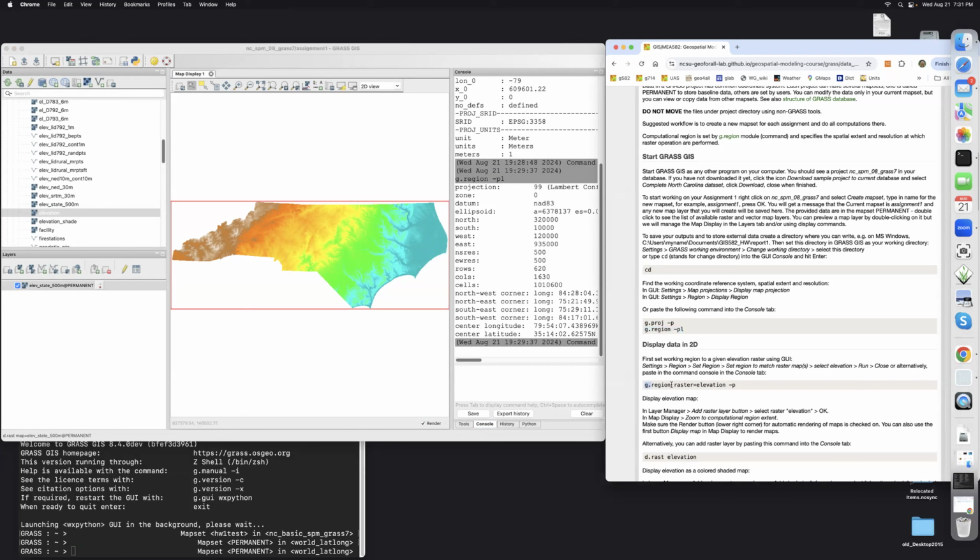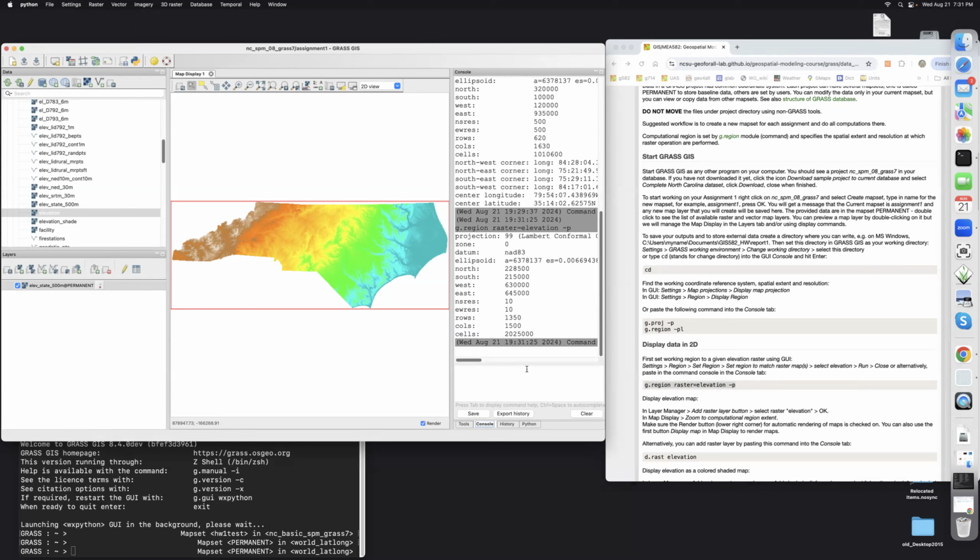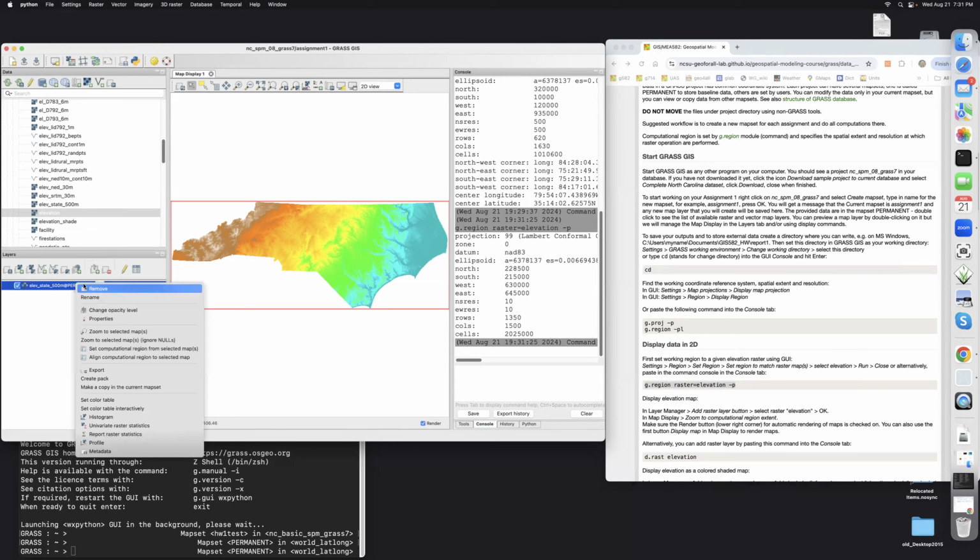And again, we can either do it by running the command in the command line, or we can open a graphical user interface for this command, and it is under settings. Okay. So let's just remove this